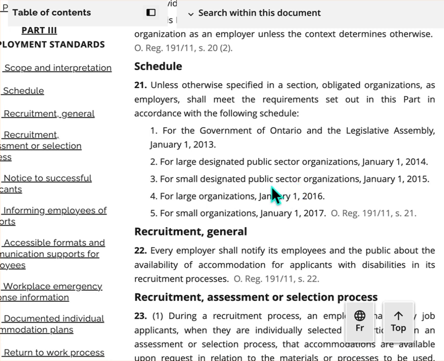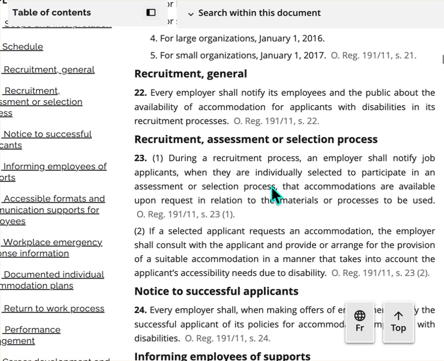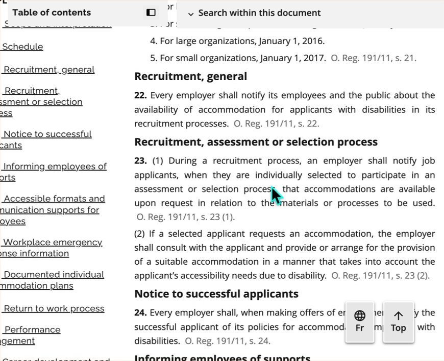You must also have a multi-year accessibility plan reviewed every 5 years. So it's a good idea to have a review committee within your organization that would review all of the compliance, and it has to be every 5 years that you have a government review. But having a review done every year is a good idea within the organization.